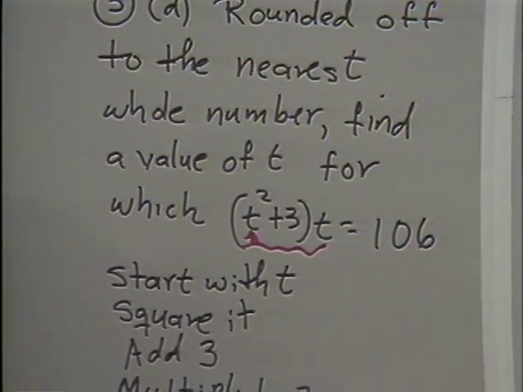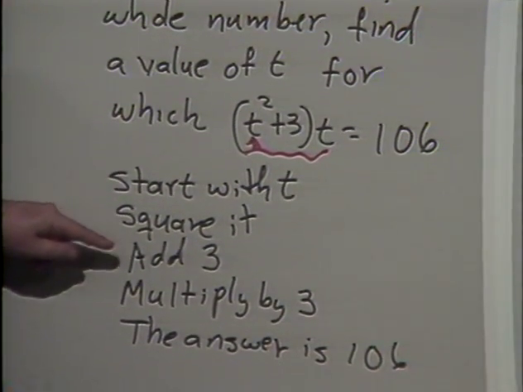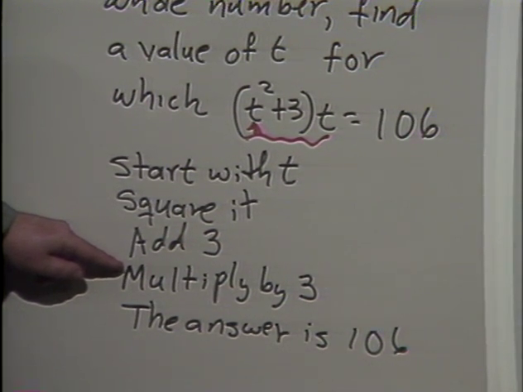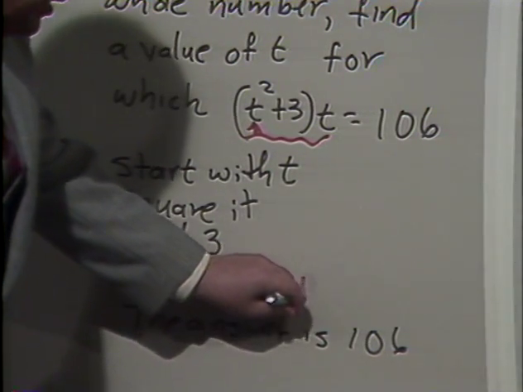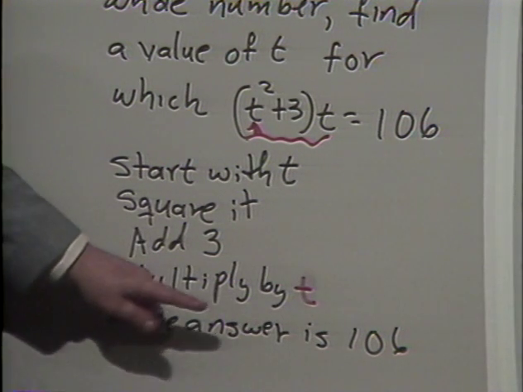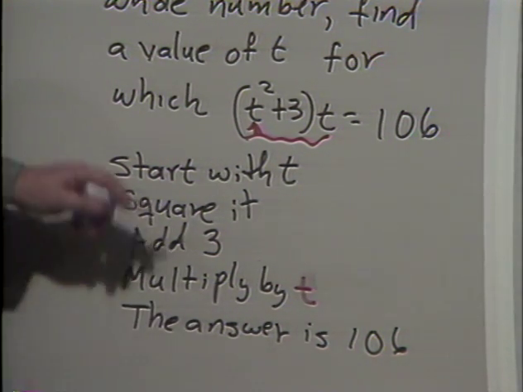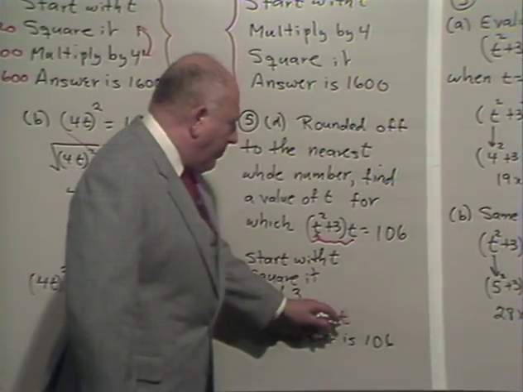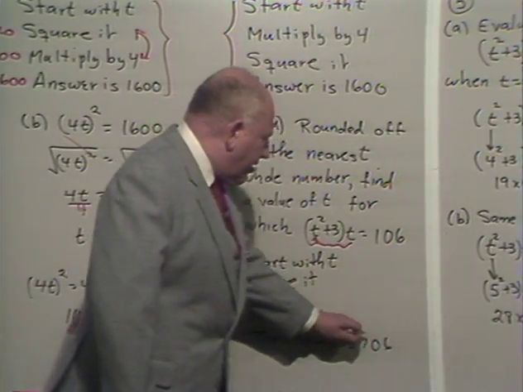So in a verbal situation, this says what? Start with t, square it, add 3, multiply by t. See, I'm just translating from here to here. Multiply by t, and the answer is 106. So now I go about and I say, gee, let me undo this. Since the answer was 106 after I multiplied by t, before I multiplied by t, it must have been 106 divided by